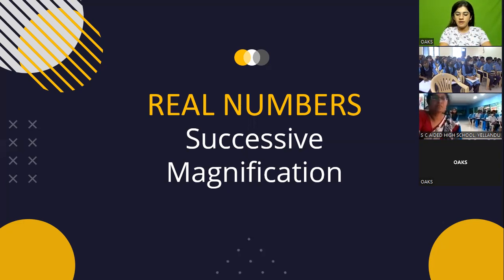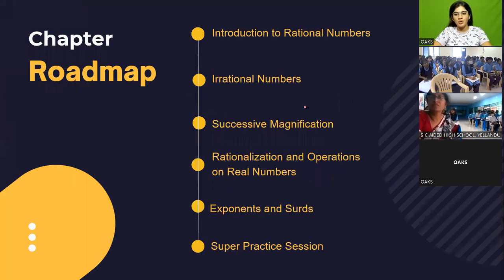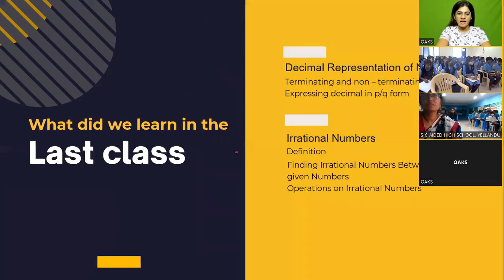Moving forward, we have the chapter roadmap. Everybody knows that we are done with the introduction to rational numbers. Then we have done irrational numbers. Now we are here, that's me and you all. We are doing successive magnification here. After that we will be doing rationalization, exponents, and an amazing session based on a super practice session. Let's move forward now. Last class, we learned about decimal representation, terminating and non-terminating, and you